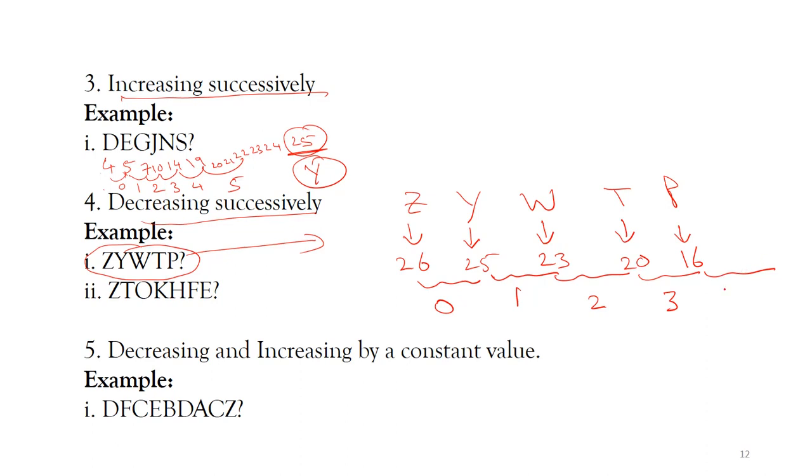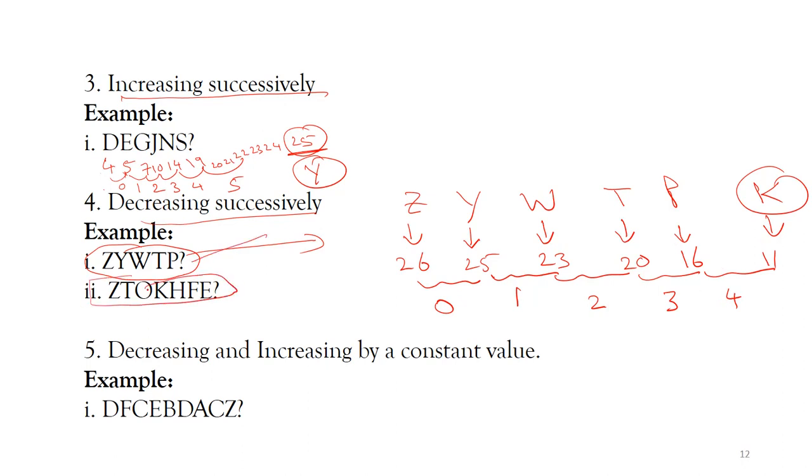What should I keep to get it? Okay, 15, 14, 13, 12. So 11 should come here, so that there will be 4 letter gap. So 11 is associated with K. Or you can go with the difference. Anything is fine for you. So answer is K for this.